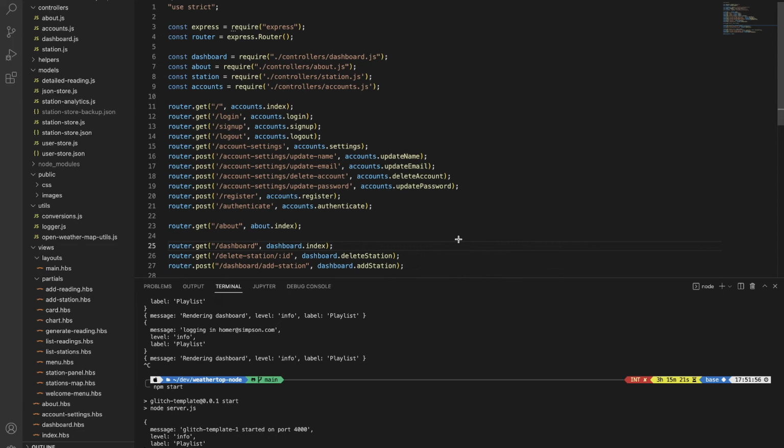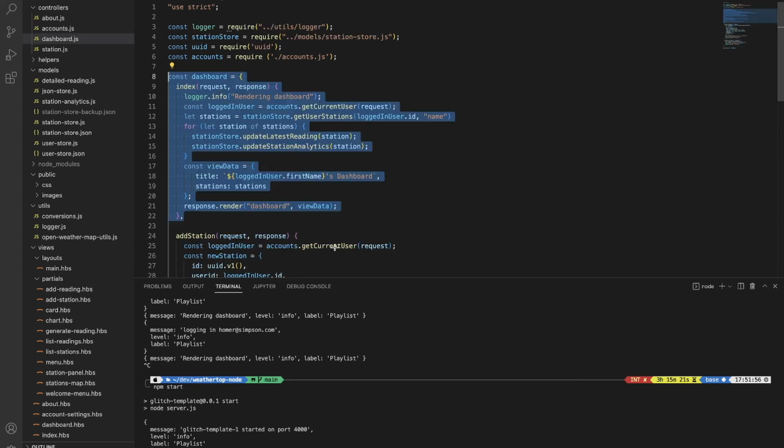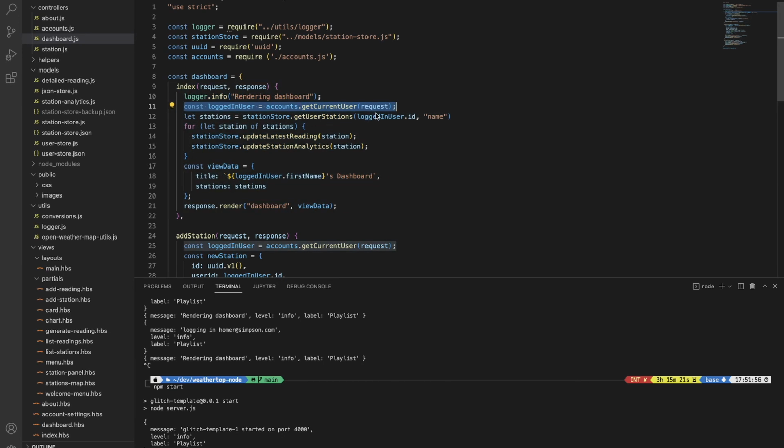A typical example of this pattern in the WeatherTop app can be seen in the code used to render the user dashboard page. Upon receiving from the client a HTTP GET request with a /dashboard URL, the corresponding controller function for this endpoint in the routing file is called, in this case, the dashboard.index function. This function first retrieves the user's data from the database, then it retrieves the user's stations. Notice that name has been provided for the optional sorted by attribute argument here to return the stations sorted in